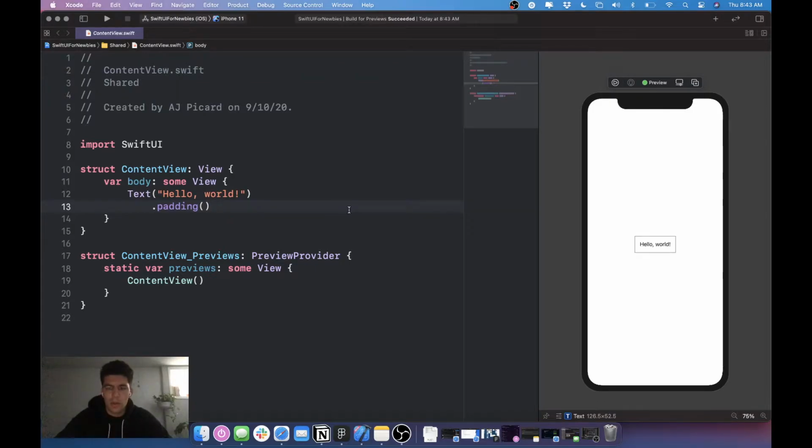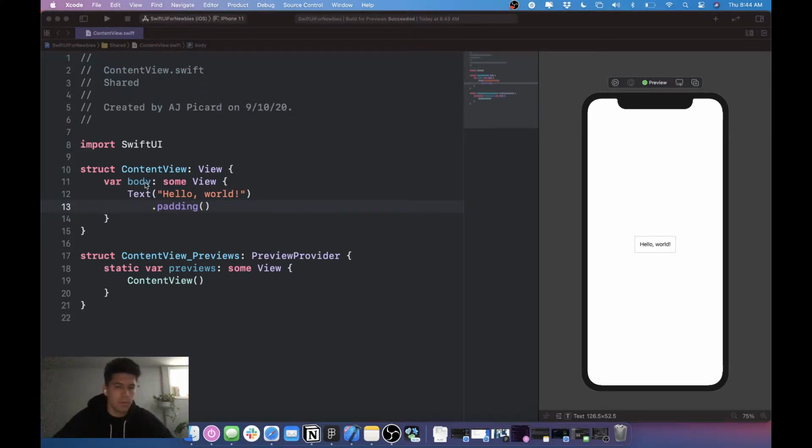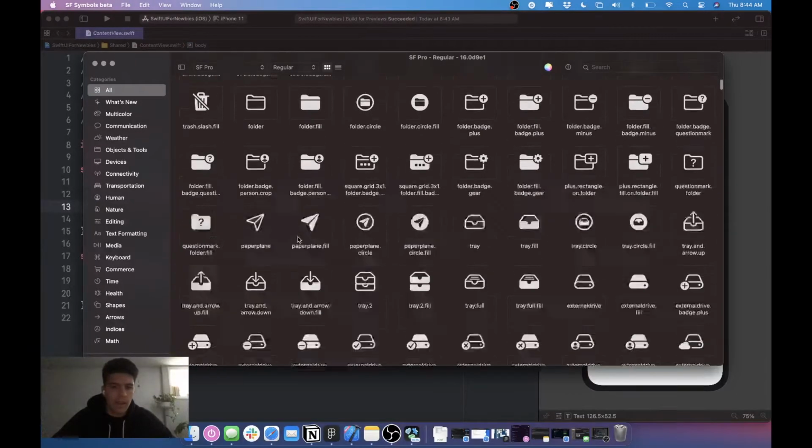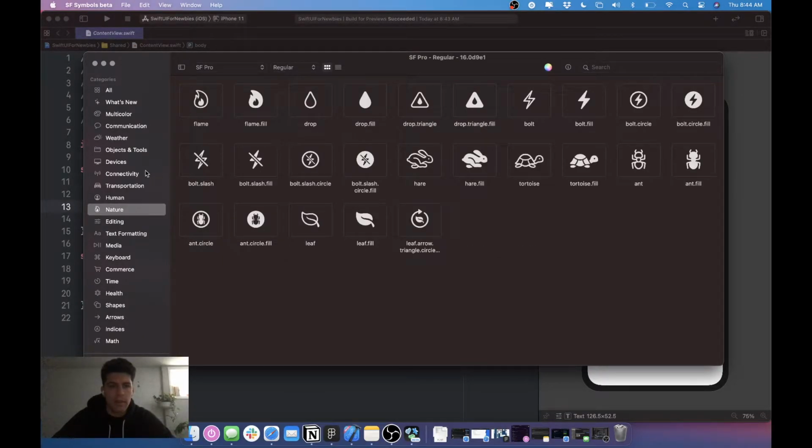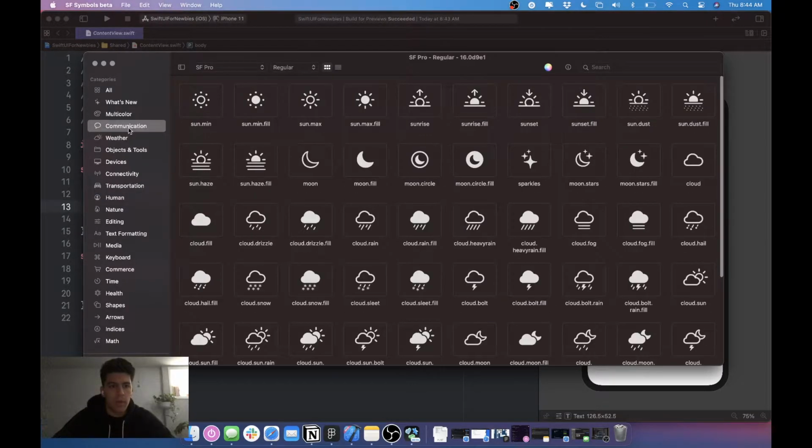So again, with other languages, you have to import a lot of libraries and whatnot to get these icons that you love. And I think Apple and Xcode and SwiftUI have done a great job of making integrating symbols and icons so easy. All you need to do is download SF Symbols Beta, or SF Symbols. And what's cool about it is these are all Apple's icons. You get a massive library for free of Apple's icons, right? And these are only going to really work